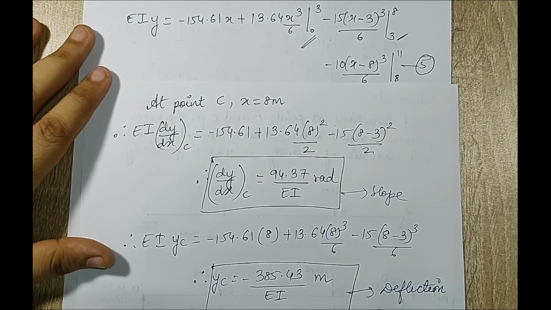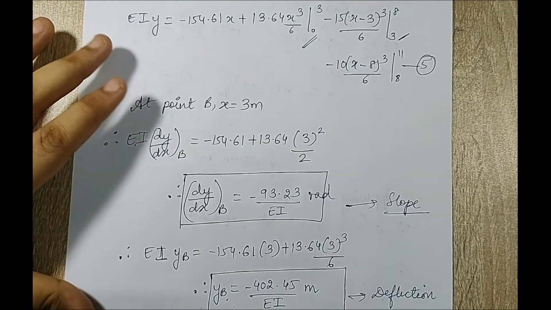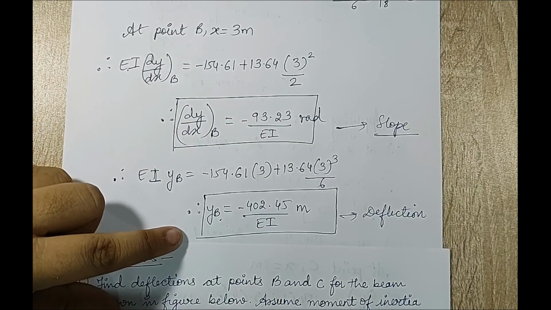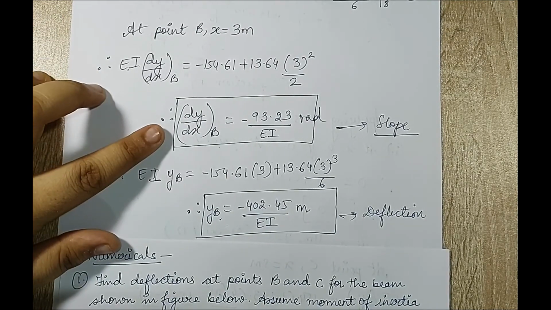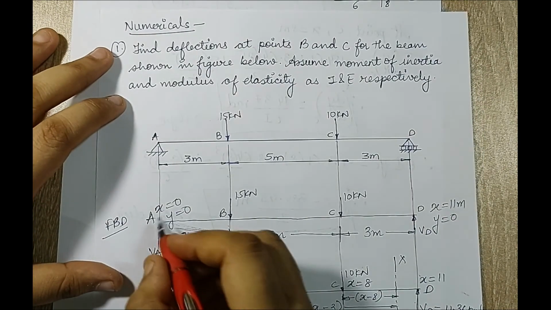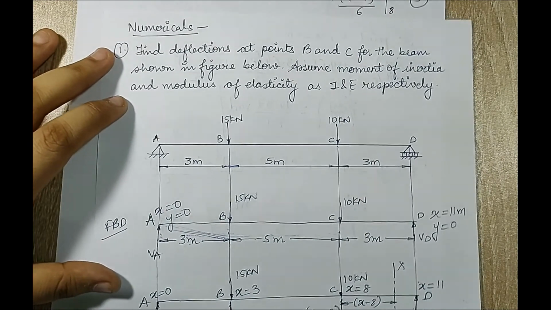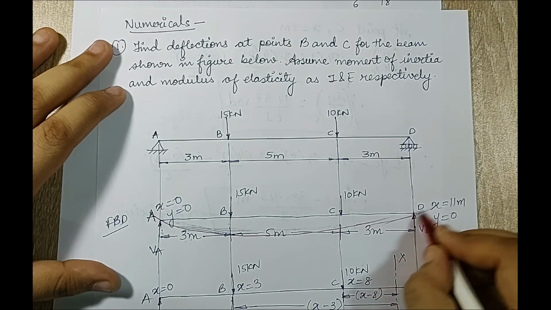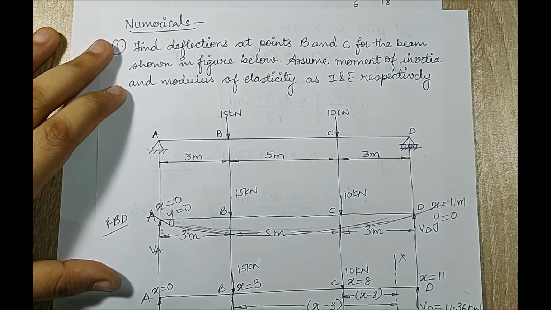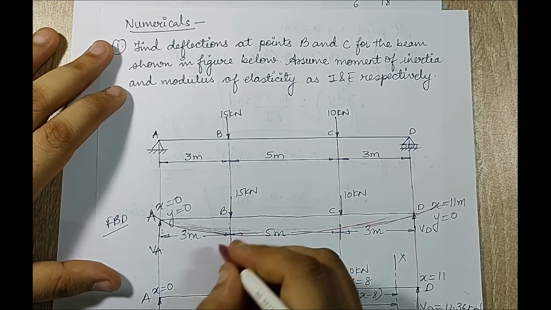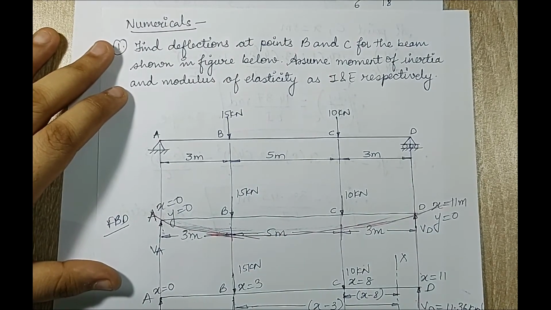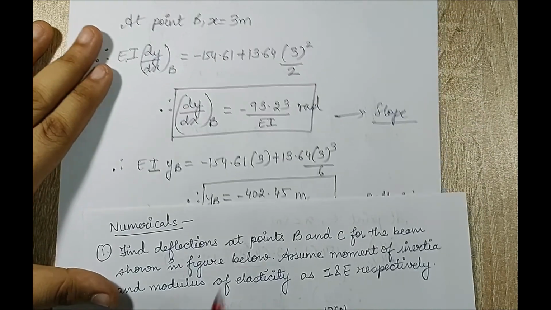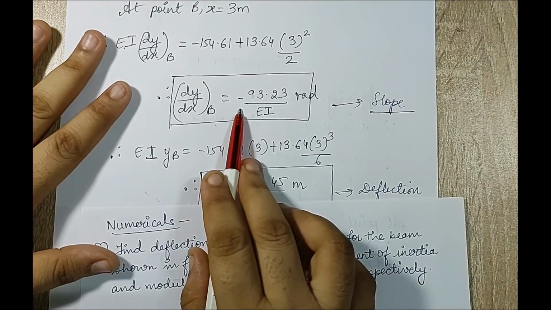Now I just want you to learn to interpret something. When you look at the value of slope and deflection for the point B, you can see the value of slope is negative, and I have shown you that the beam will bend in this fashion. If the beam bends like this, I am obviously showing a larger than life diagram. So when the beam bends like this, at the point B, obviously there is going to be a negative slope, and there will be a deflection in the downward direction. Hence, the value is negative and this value is also negative.